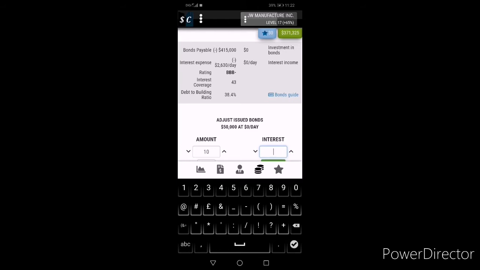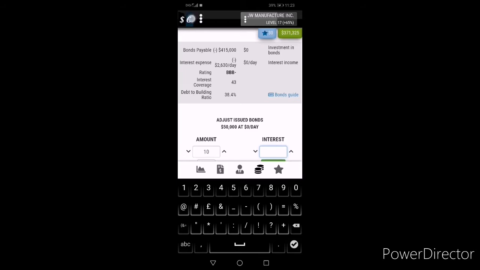And this feature you can only use when you are level 10. As I'm level 17 now, I can issue bonds now. But before level 10, the system is scared that you issue too much and can't pay the interest back, or you skip some payments which make your bond ranking drop. So the system only allows it when your company is stable and you know how to play the game fairly, so you can issue bonds to get more money to build up or speed up your company value.